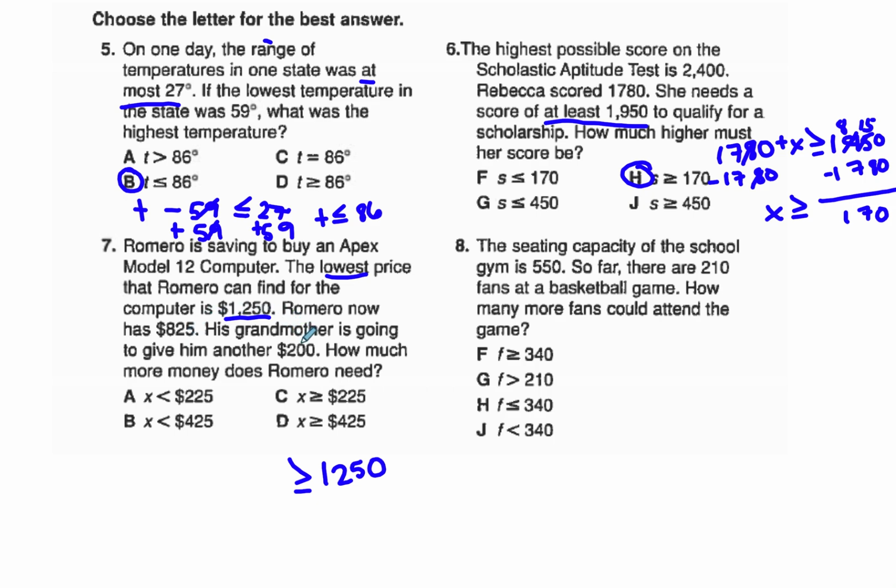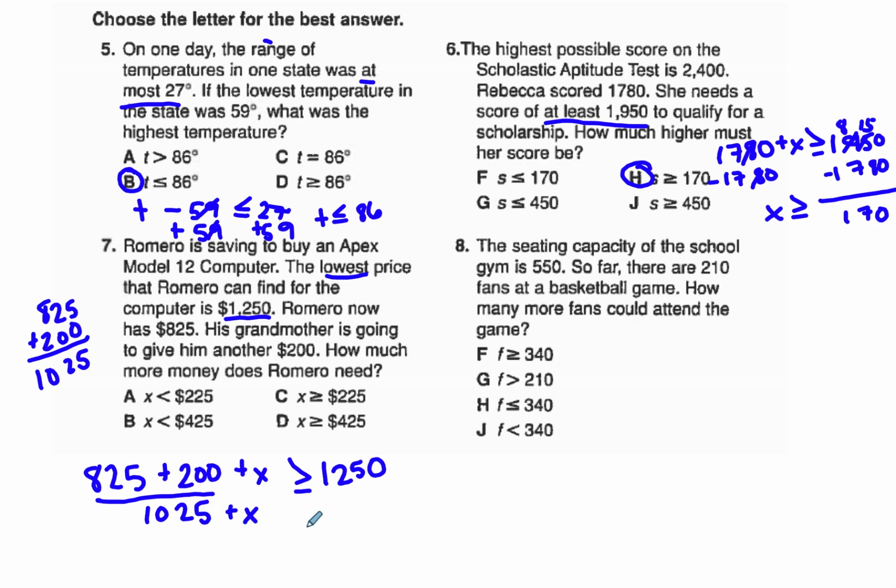Now this one's tricky because it gives us a couple different numbers here. So he has $825. He's going to get another $200 from his grandmother. And then he's still going to need a little bit more. And then it's going to be greater than or equal to the cost of the computer. All right, so we have some like terms here we need to combine. Should probably have written that addition vertically. Line up those place values. 5 plus 0 is 5. 2 plus 0 is 2. 8 plus 2 is 10. So we have 1,025